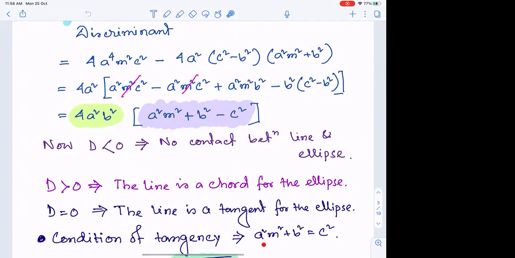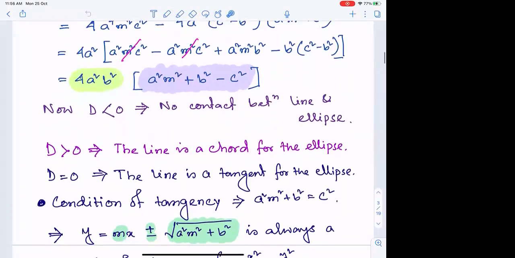That means the ellipse will possess tangents of every possible slope. Even though we know that the tangents at the vertices are not defined with their slope, these are vertical tangents. Apart from that, we can have tangents of the ellipse with every possible slope. And more particularly, with every possible slope, we are going to get 2 tangents for the ellipse. So parallel tangents exist, right?